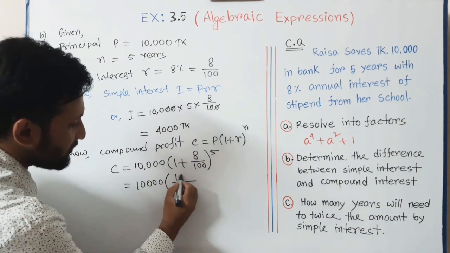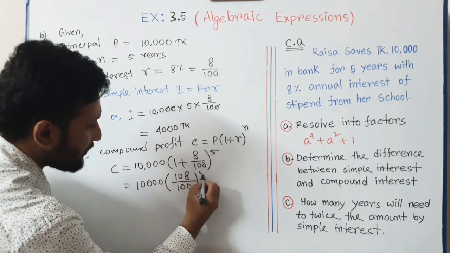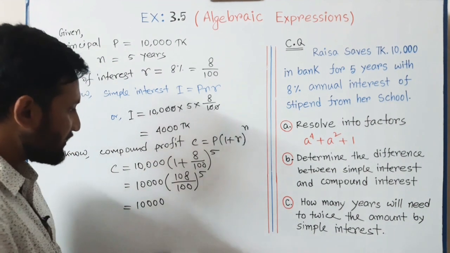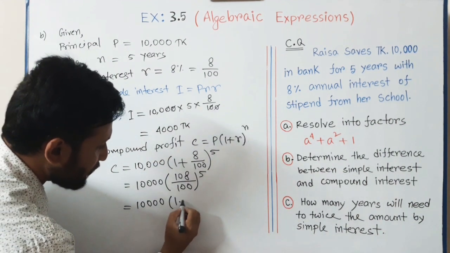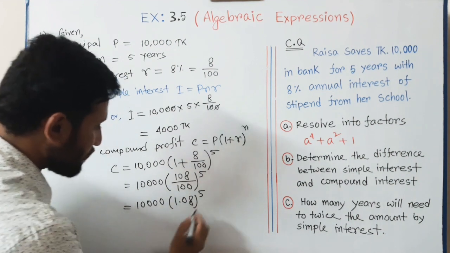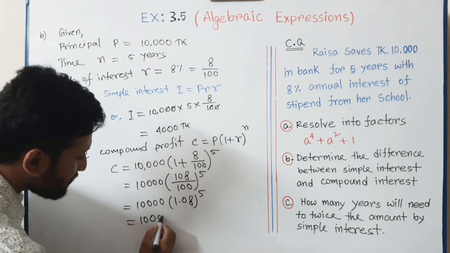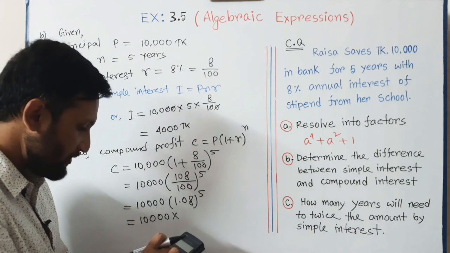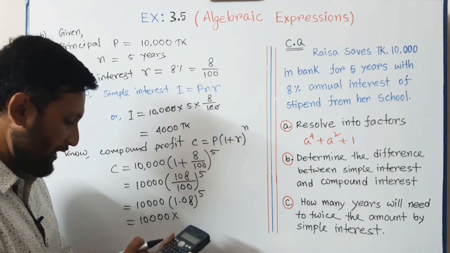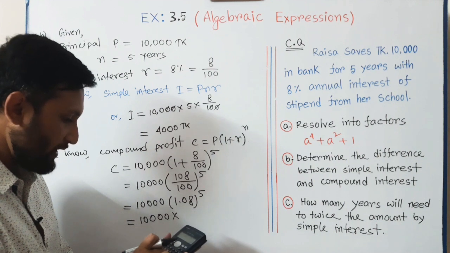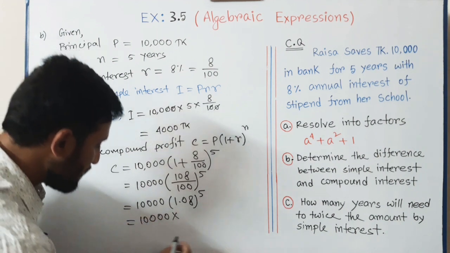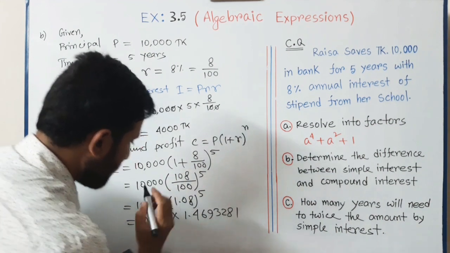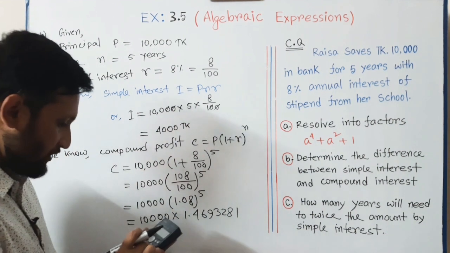and 108, in numerator 108 to the power 5. So by using calculator we can get here 108 divided by 100, that means 1.08 to the power 5. So it means 10,000 into 1.08 to the power 5. So by using calculator, 1.08 whole to the power 5, the value is 1.4693281,